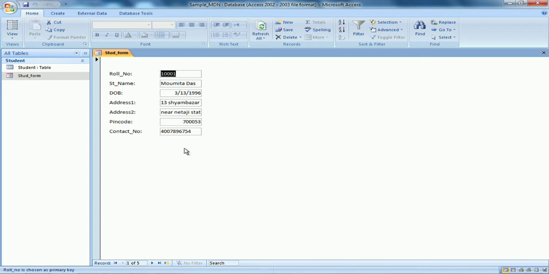Now if I double click on the form, I can see the entries given here. Now I had 5 records in the form. Right at this moment you can do only navigation. You can go to the second record, third record, fourth record, fifth record. No more record, it shows you a blank record. That means when the cursor is blinking here, you can enter records through the form. So let me give some records from here.